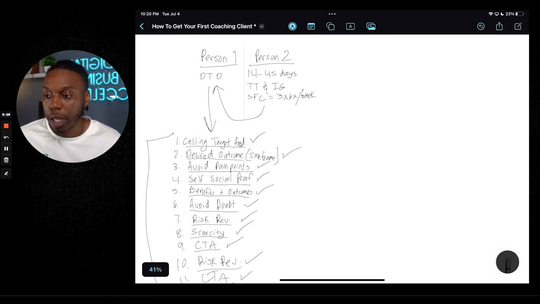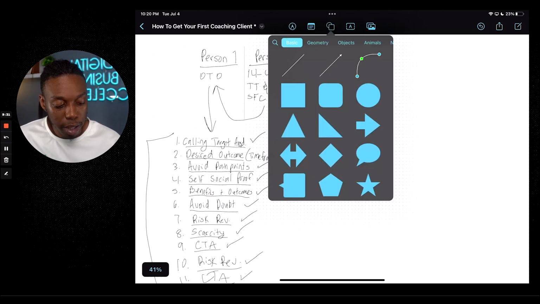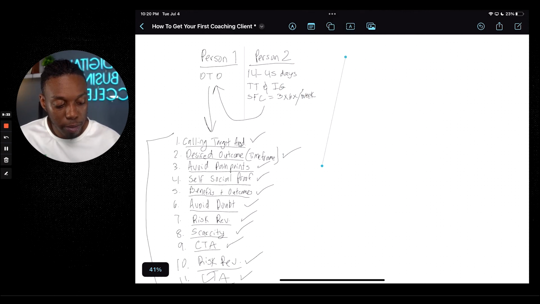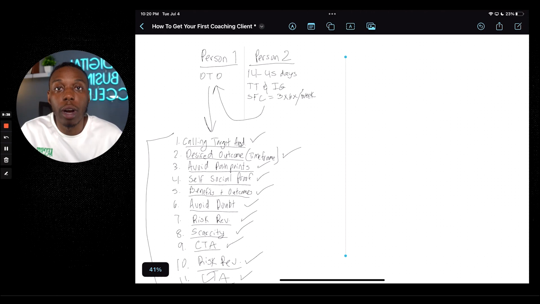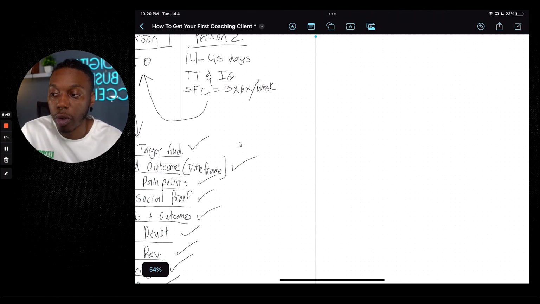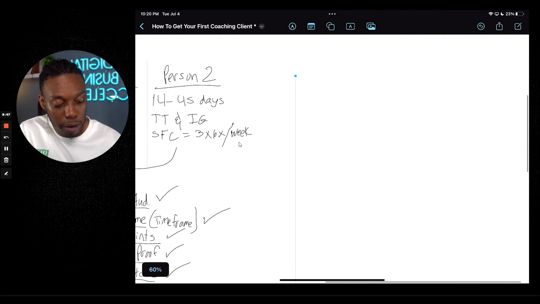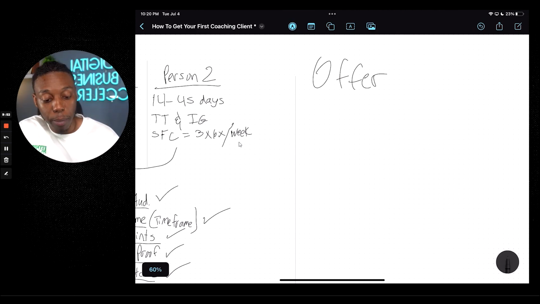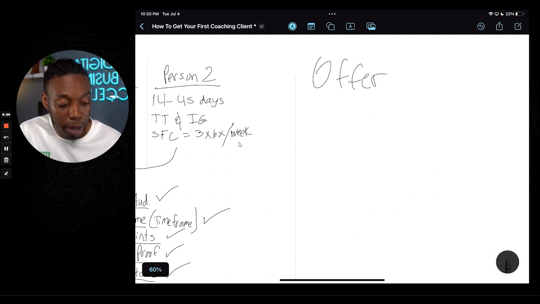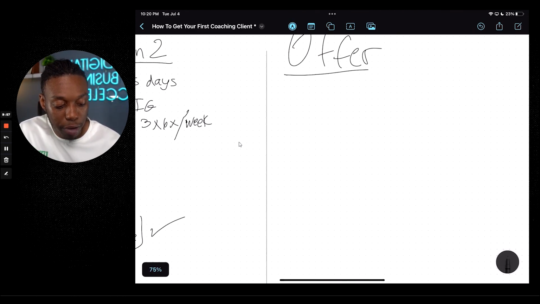Now, a couple other things that I want to address here, because I don't want to just leave you with this information. I think there are a lot of other small, minute points that add up to make a big difference. So in this stage of trying to get your first client, you want to make sure that you're also doing the following things with your offer. When it comes to your offer itself, you want to focus on a couple things, because this is going to work great for generating the leads, but for actually closing them and getting them as a new client, you want to make sure you also have this in your arsenal as well.